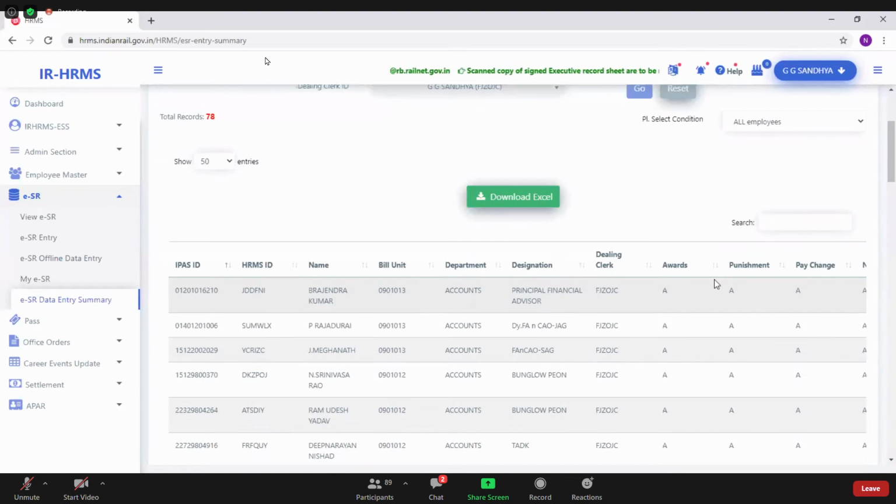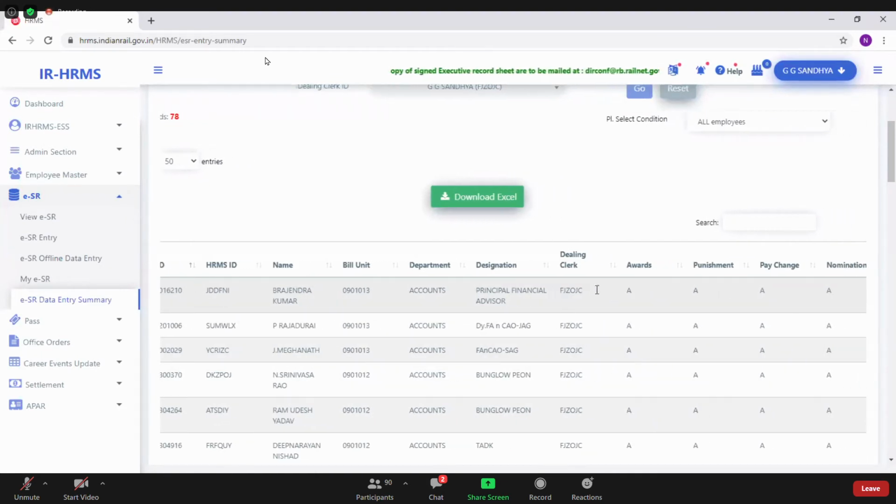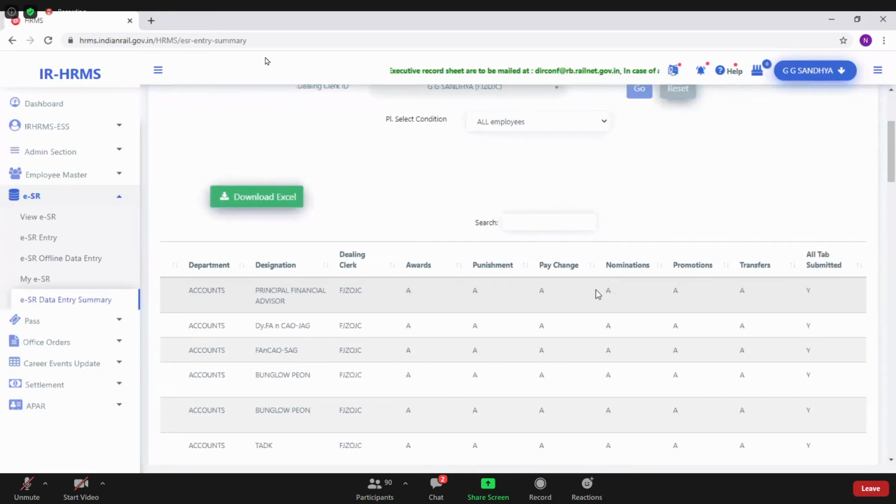Here we have awards, punishment, pay change. These are all tabs different from the ones we saw in the employee master data screen: awards, punishment, pay change, nomination, promotion, transfers, and all tabs submitted. This all tabs submitted is from the dealing clerk, it has gone to the next stage of verification authority. From there it goes to acceptance authority.